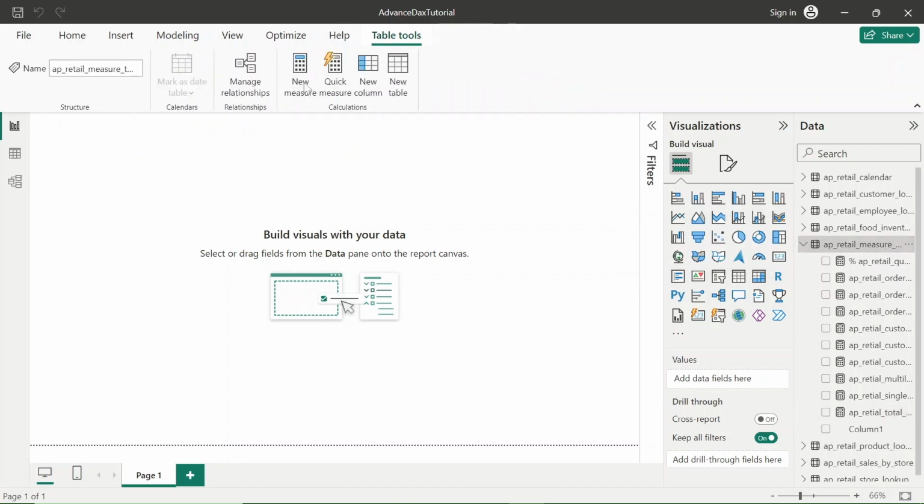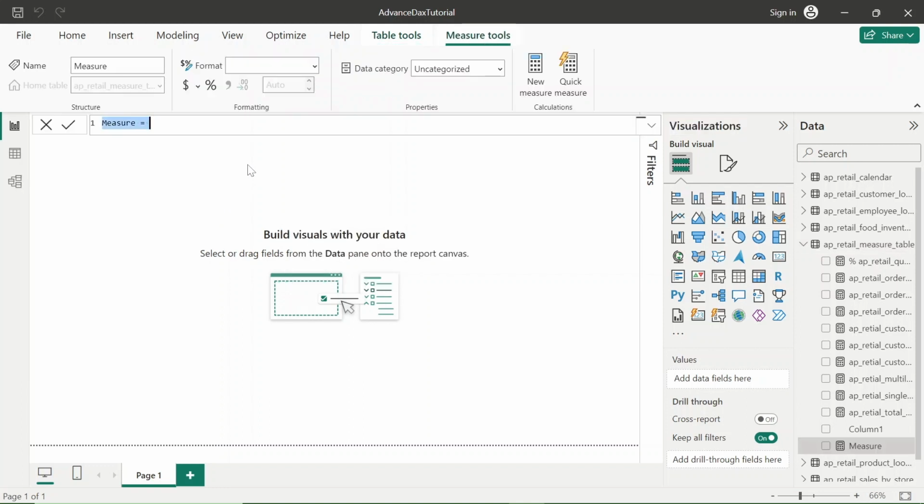Now let's create another measure. The measure name is AP retail total row count of employee table. If you want to count the rows of a particular table, then which function do we need to use?